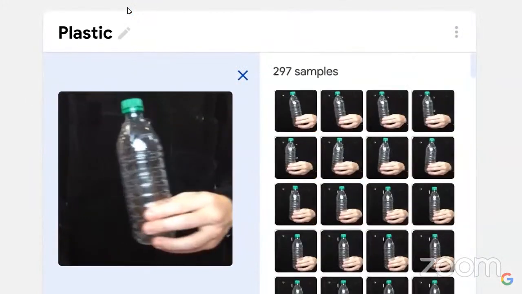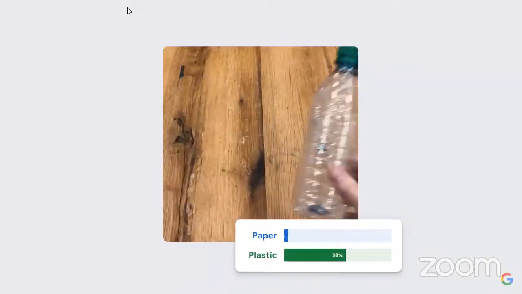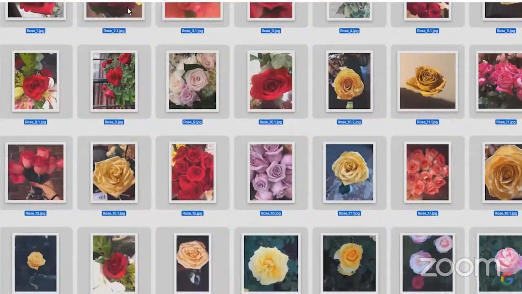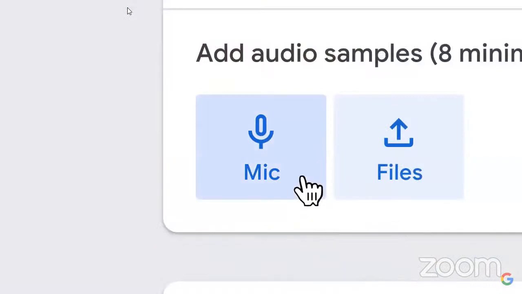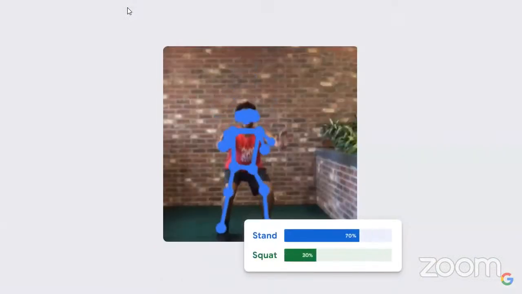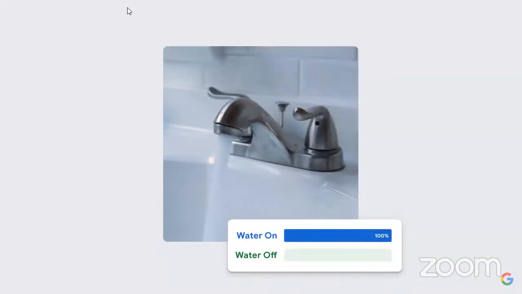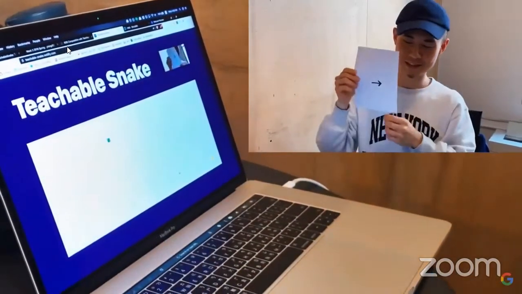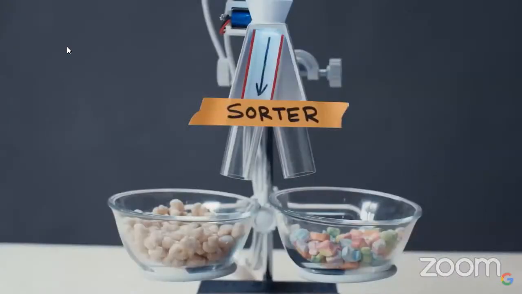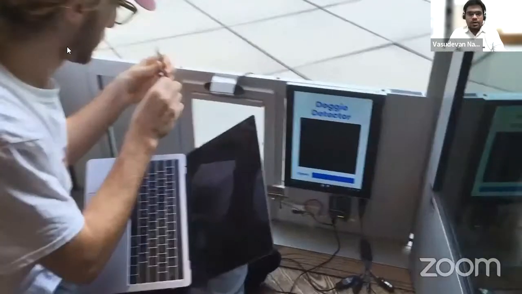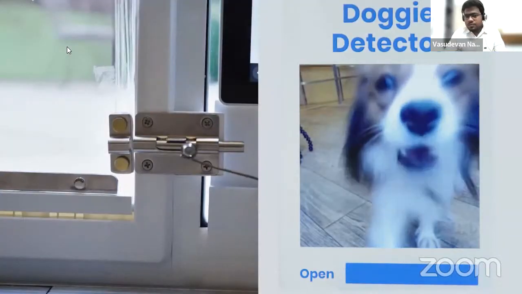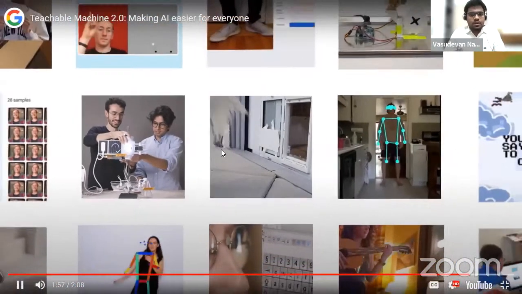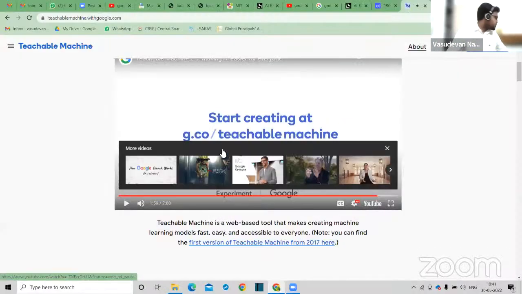With Teachable Machine, you can create custom models for all sorts of things. Using images, audio, or even poses. Personalized machine learning models for the things that matter to you. And folks have already been trying it out, using Teachable Machine in their own experiments, solving problems in their communities, or even just at home. Start creating and see where your ideas take you at g.co/teachable.